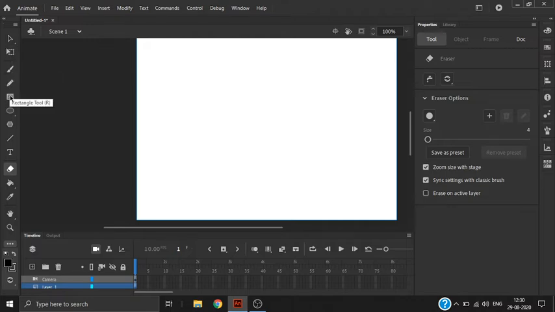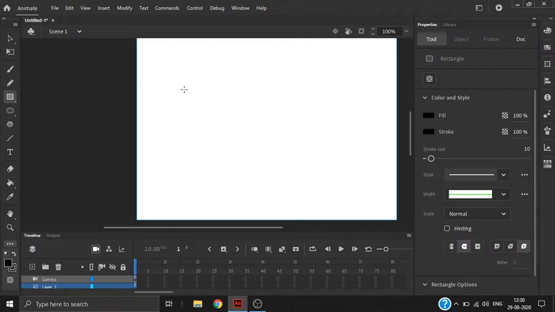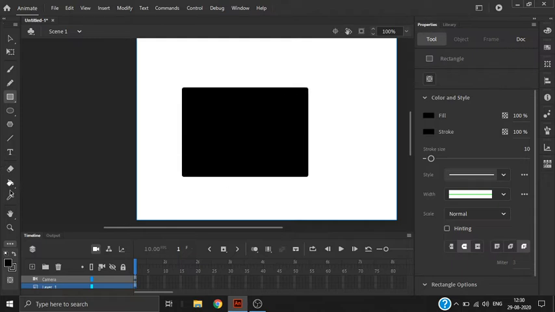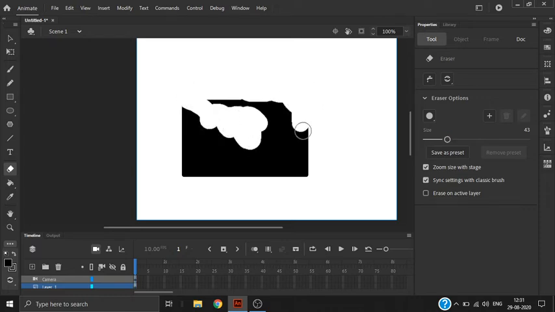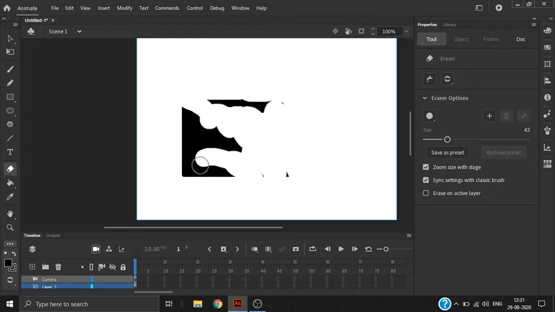So our next tool is the eraser tool. It is used to, as you know, remove the text we wrote or the shadings you can do with this eraser, and you can even increase the size of the eraser using the same method as used in the line tool. Go to properties, choose the size, let's say 43. So you will get the size as you choose.